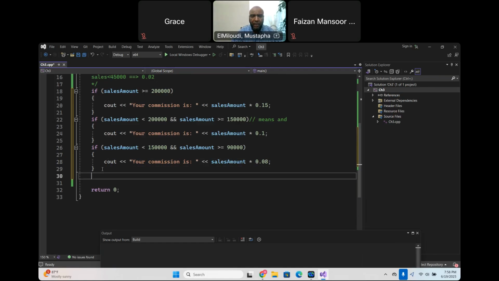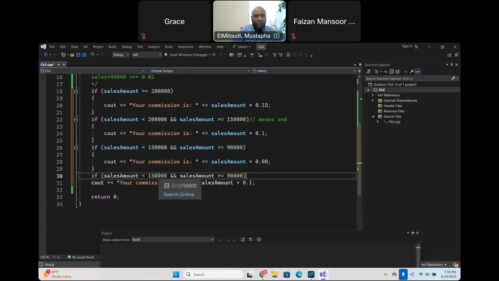So what else? Yes, we have another one, which is between 45,000 and 90,000. So I'm going to put if it is less than 90,000 and then higher or equal than 45,000. So you are going to get 0.5. And finally, the last one, you don't have to have and, because there's only one condition, which is